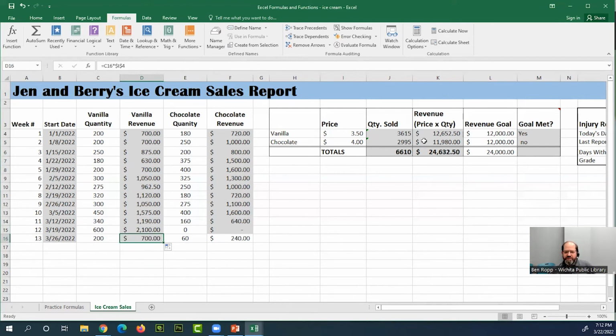So did you notice whether or not these numbers updated? Notice if I double click on the vanilla quantity sold, this range does not extend to that extra one. So the answer to your question is that if you add a new week's worth of data, it does not automatically update in the dashboard. And the same is true for this one. So to fix it, we have to edit this formula,